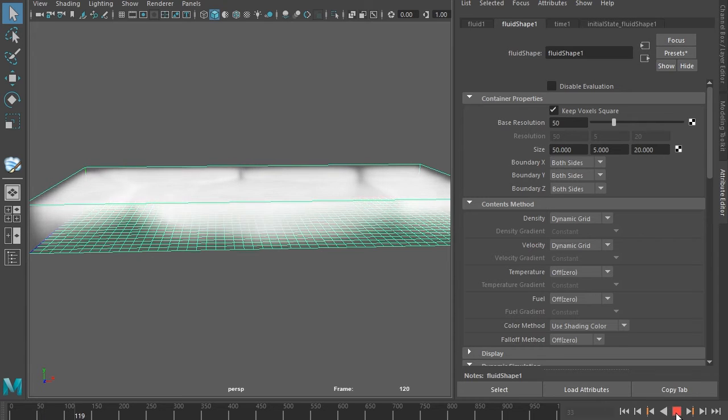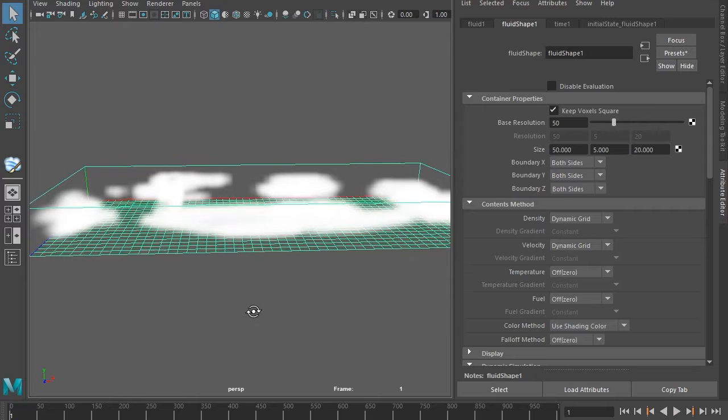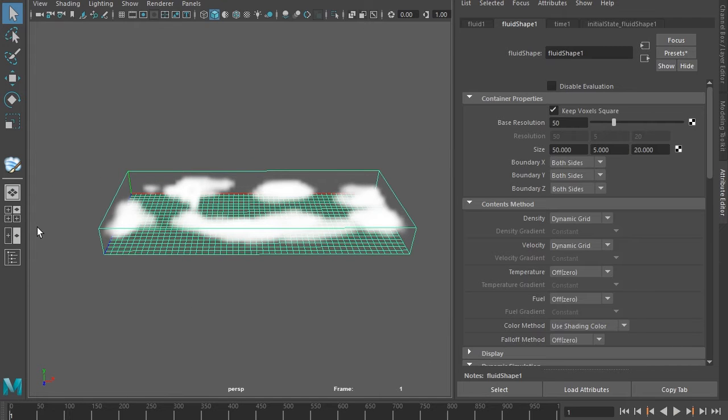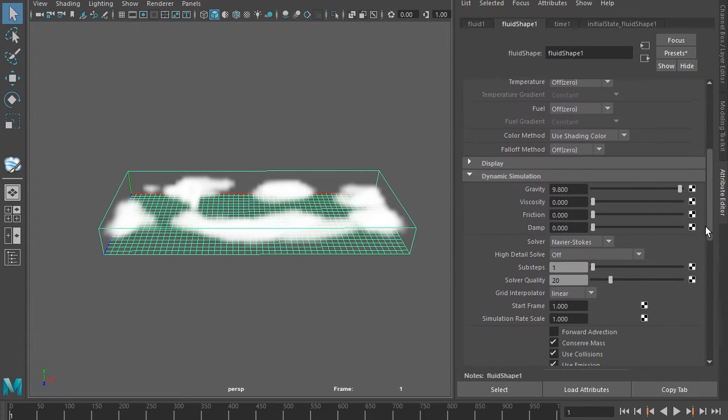That is because in fluids the gravity by default is pointing up. We want these clouds just to move horizontally, so I'm going to turn off gravity. That's step one. But I do want some movement. Now they just disperse slowly. To make them move horizontally,